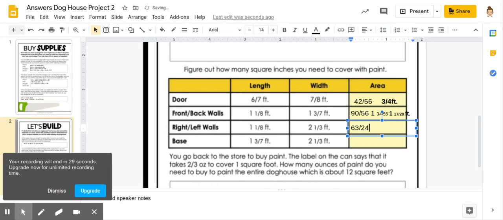We end up with 63 over 24, which is an improper fraction. So we need to turn that into a mixed number. How many times can 24 go into 63? It goes in twice with a remainder of 15 over 24. But 15 over 24 can be reduced. Both of those numbers can be divided by 3. So if I take 15 and I divide